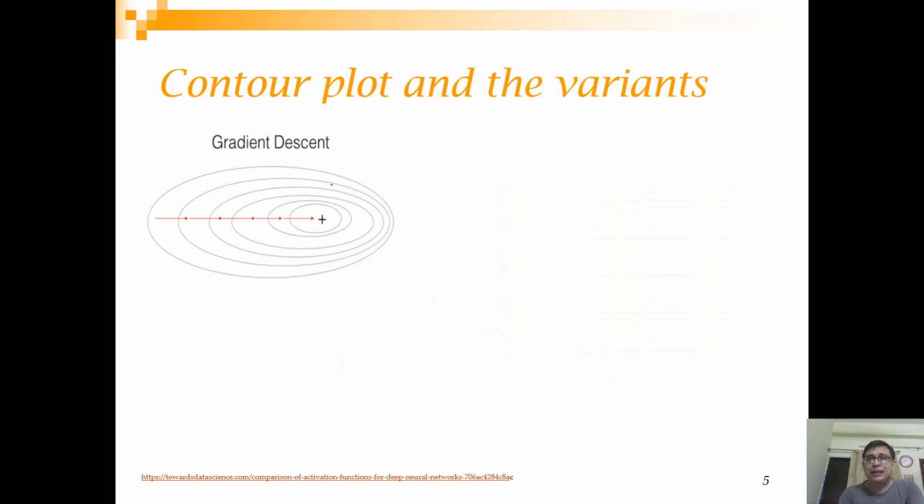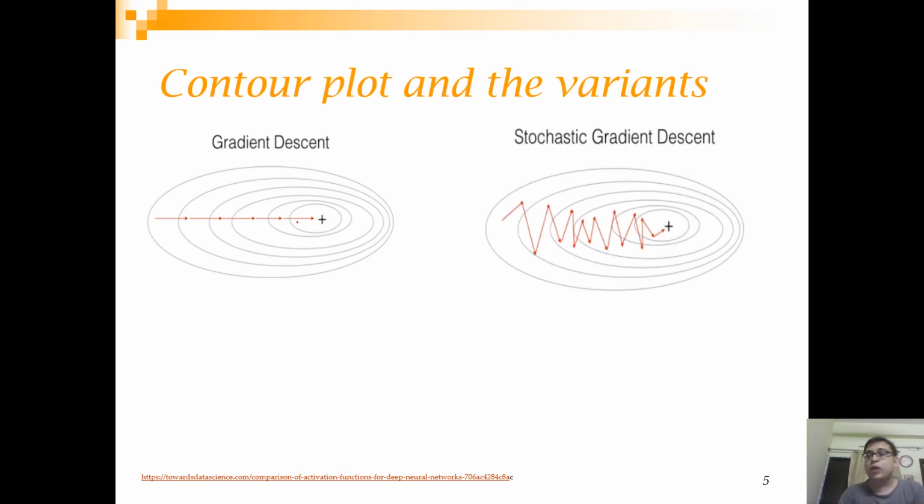Gradient descent has quite a simple and stable journey, where maybe it will start from somewhere here and converge to the optimal value. You can understand that the inner circles have the lowest cost values. Whereas stochastic gradient descent takes quite a zigzag path, because you are calculating the gradient for each observation,